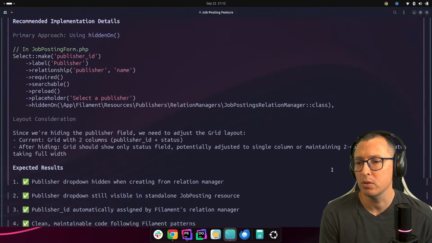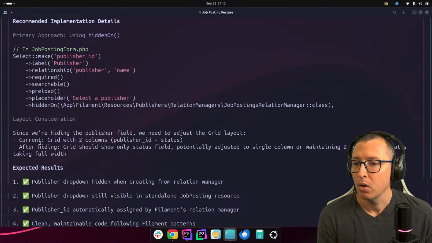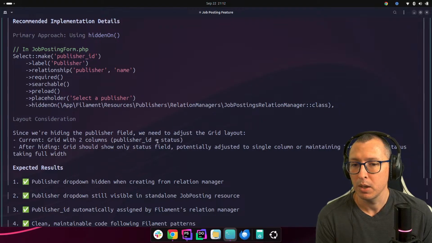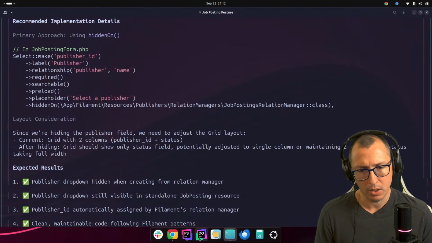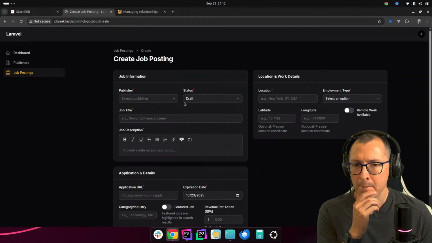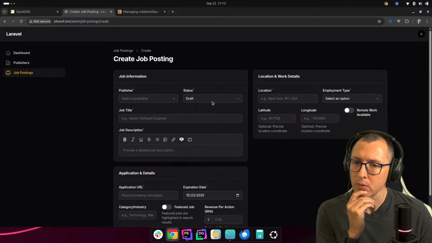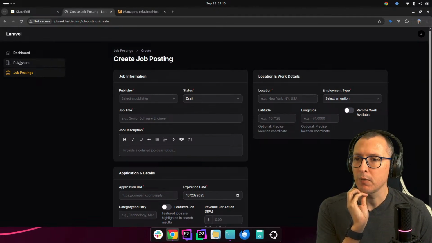Layout consideration: since we are hiding the publisher field, we need to adjust the grid layout. Current grid with 2 columns, publisher and status. After hiding, grid should show only the status, potentially adjusted to single column or maintain a 2-column width, status taking full width. How does it look right now? All right, okay. If we're gonna hide this, this should take full width or just be 1,